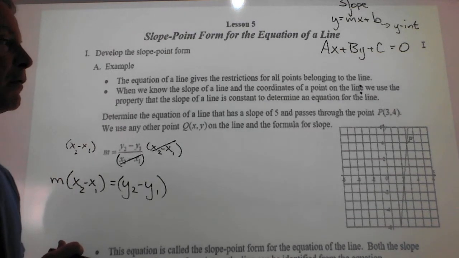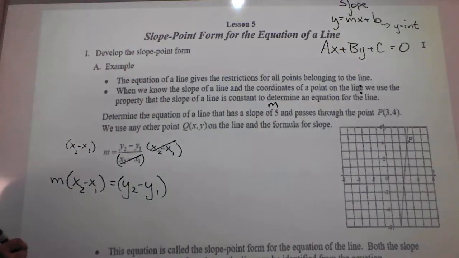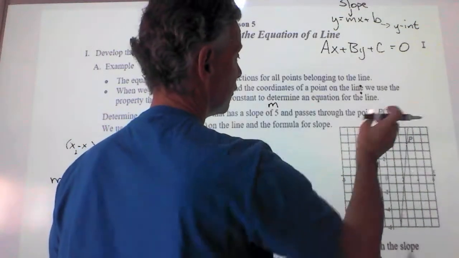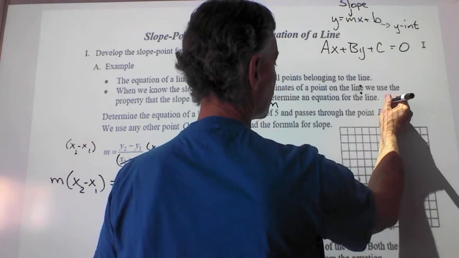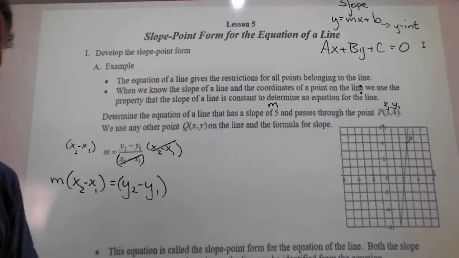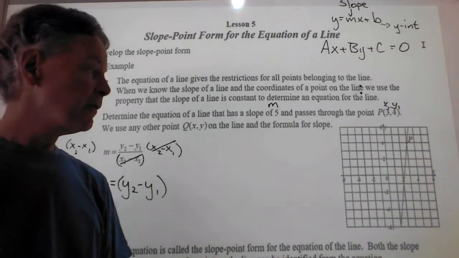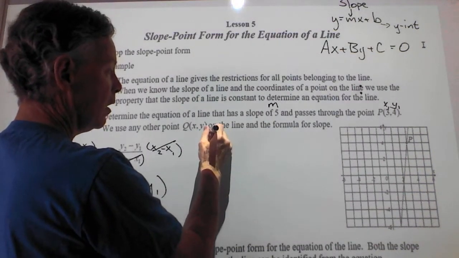Okay? So for instance, for this first example here, it says determine the equation of a line that has a slope of 5, so they've given us a value for m, and passes through the point P at 3 and 4. That is our x1 and y1 values. So they've actually given us a whole lot of stuff, which we can then plug into our formula,